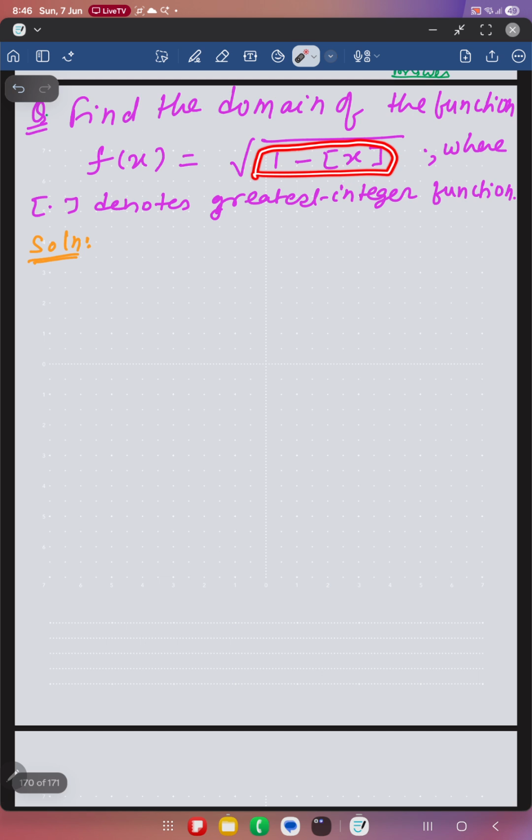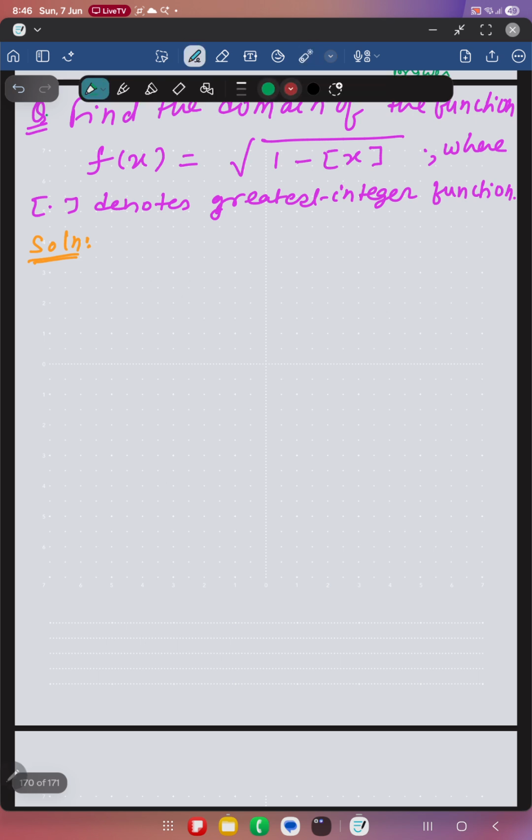Only then will the function be well defined, so that condition you have to fulfill. So we will write like this, that our function is the square root of 1 minus greatest integer function of x. So to be a well defined function,